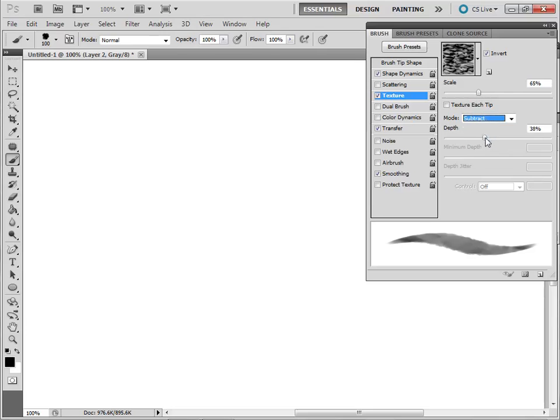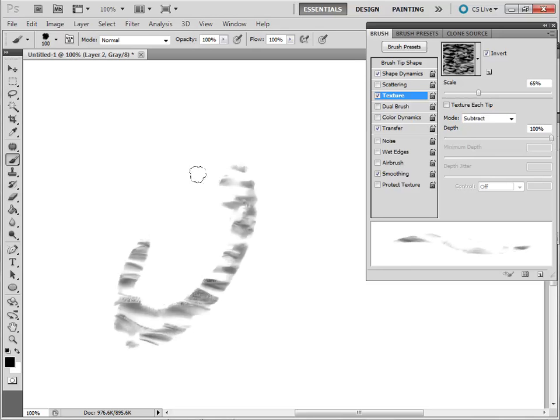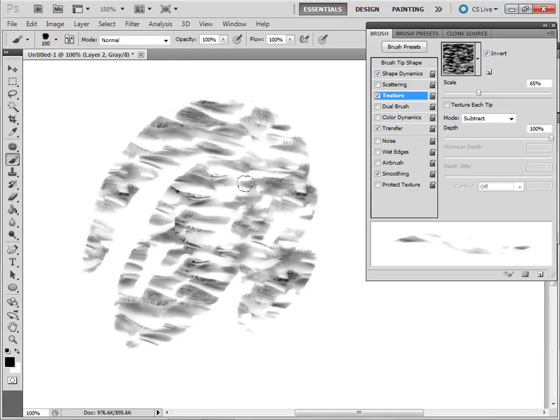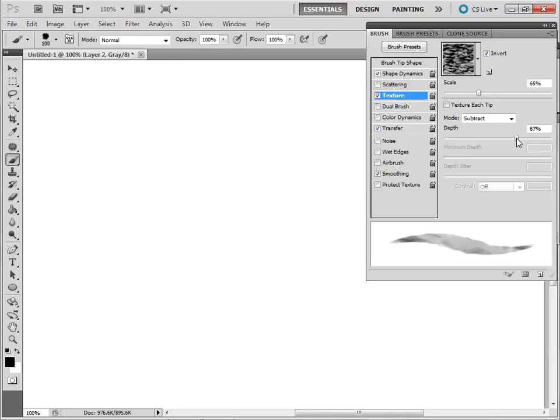The depth is what's really going to control how the texture shows up. So here we are at 0%, and if you go all the way to 100%, immediately you can see what's going on. That's going to really pop out the most of the actual pattern itself. Now you don't want to go too strong,